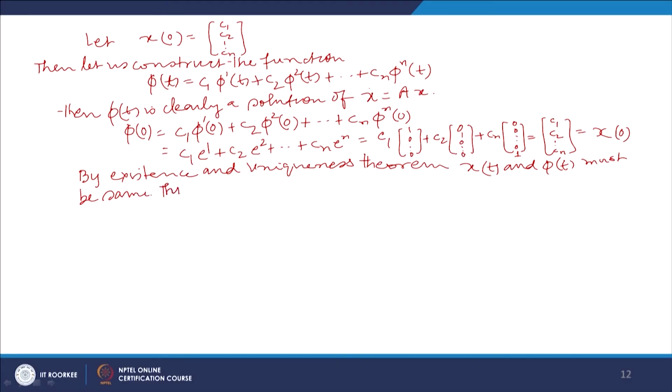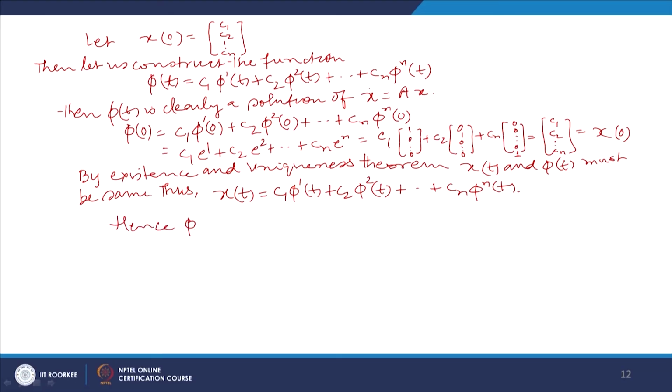And thus, replacing x(t) by phi(t), x(t) is equal to C1 phi 1(t) plus C2 phi 2(t) and so on Cn phi n(t). So, the functions phi 1(t), phi 2(t) and so on phi n(t) generate the whole space B, that is a linear combination of those n functions gives us any vector x(t) belonging to B. So, hence